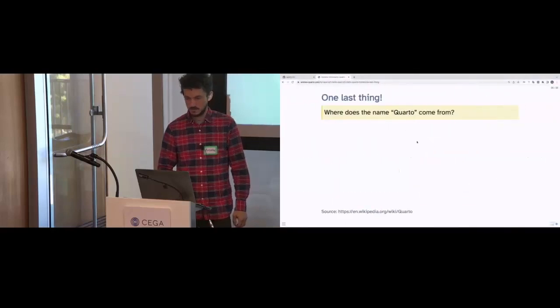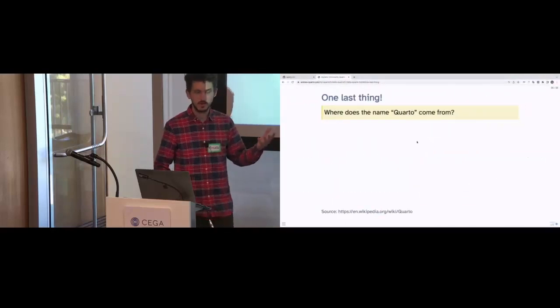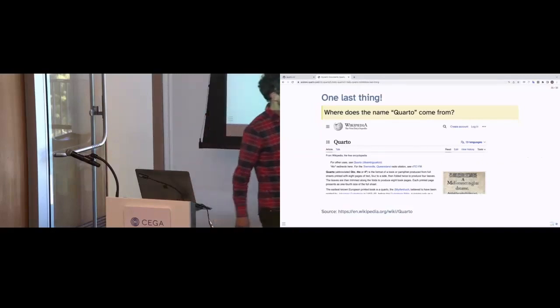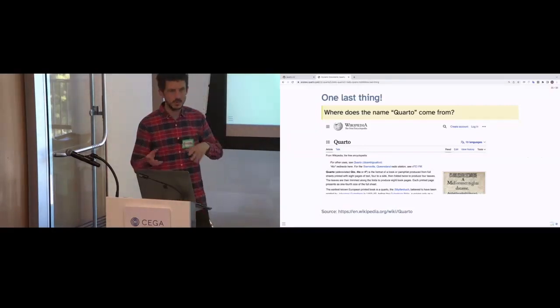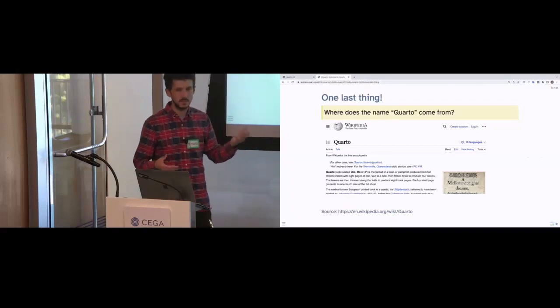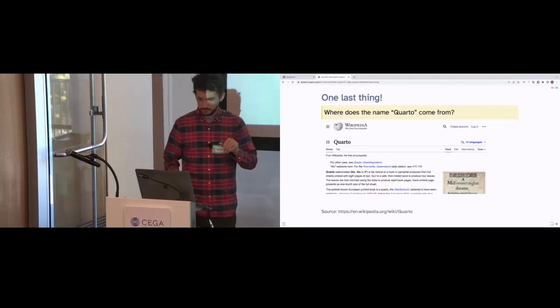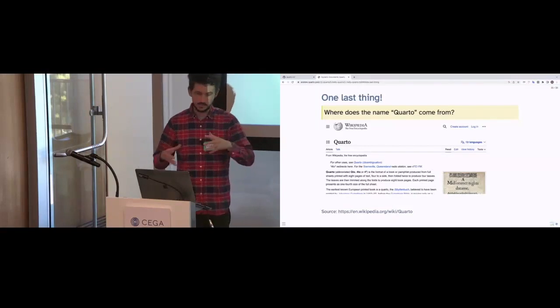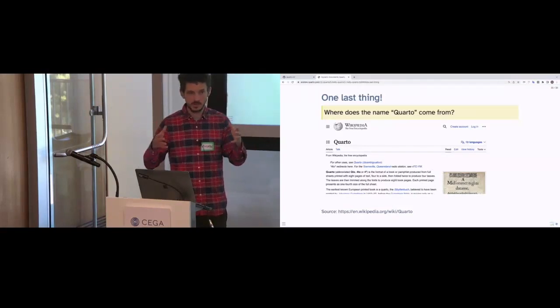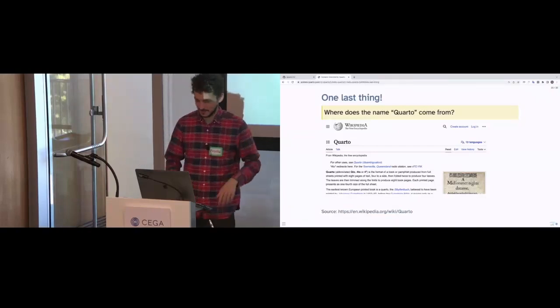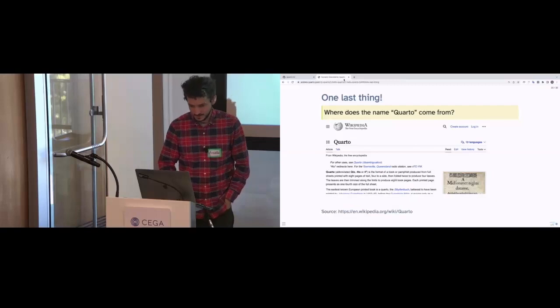Okay, so the answer here, Quarto, comes from this like, I remember in Shakespeare, English 12th grade, we'd talk about, oh, this is the Quarto version, this is the folio version of Midsummer Night's Dream. It's like a really old format of printing books where they're basically 4 to a page. And so Quarto is a publishing tool. They want to be like a scientific printing press sort of thing. All right, so